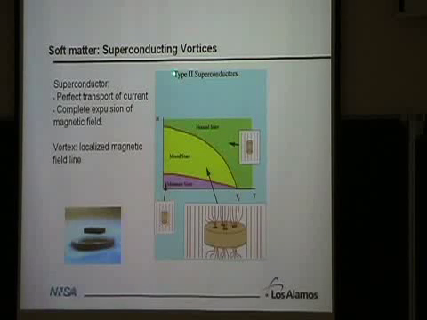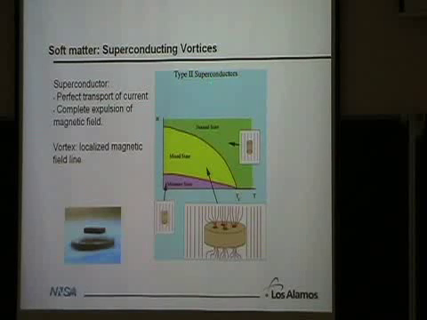There's a large class of superconductors known as type 2 superconductors, which includes all of these high temperature materials that were discovered about 20 years ago, which have the following properties. At low magnetic field and low enough temperature, the sample will be in the Meissner state. So here's a representation of the superconducting sample, and it's completely expelled the magnetic field. If you raise either temperature or field, you'll go back to the normal state. At that point, you no longer have perfect transport of current, and the magnetic field comes rushing back in, and it just penetrates the material like it would penetrate any normal material.